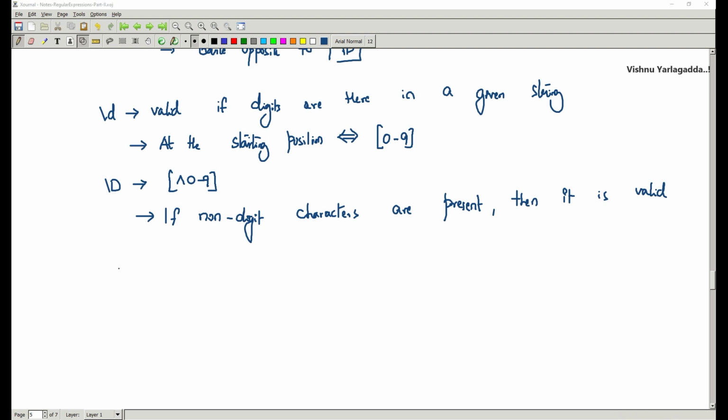Yeah, fine. So similarly, there are some other special characters like \s. \s is valid if any white space is there in a given string.